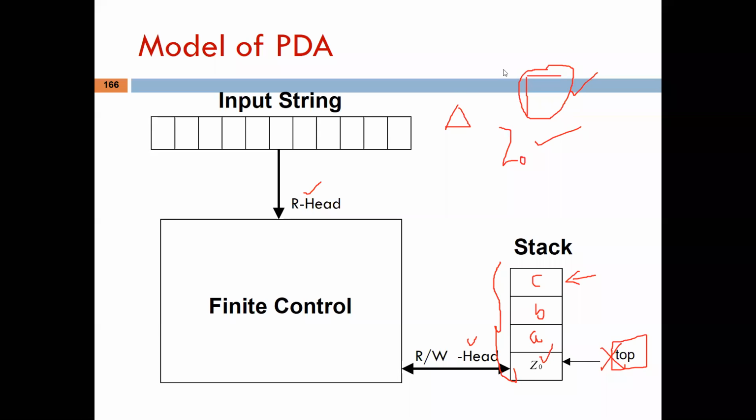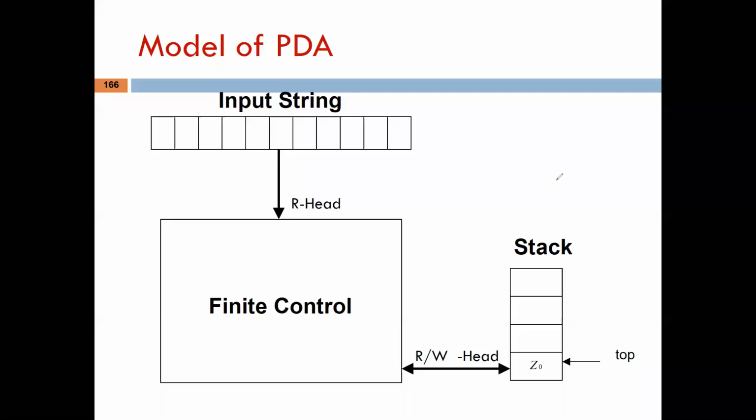So simply see the new changes in the PDA. The changes are only tau and Z naught. So here I just repeat, Z naught is the initial stack symbol, and tau is the stack symbol. Any symbol that is stored in the stack by default belongs to tau. So this is all about this one. By the help of this model diagram of PDA,